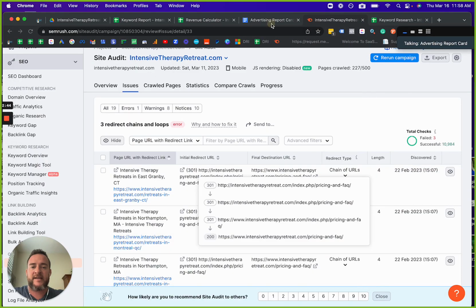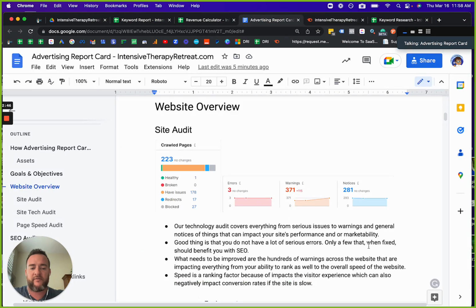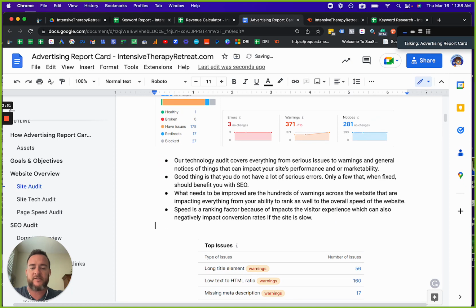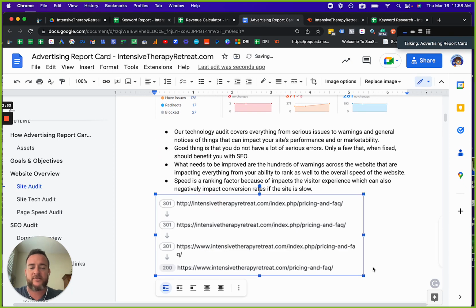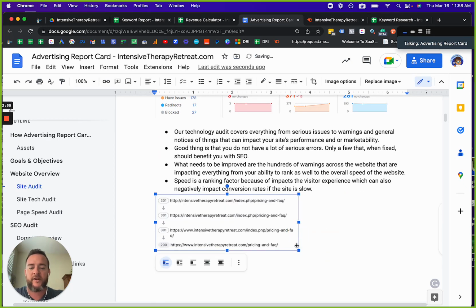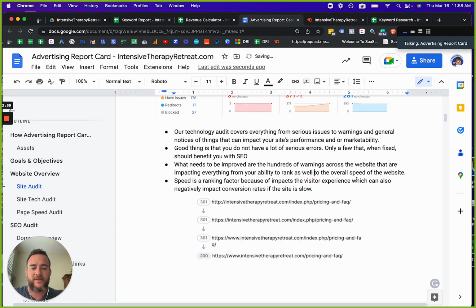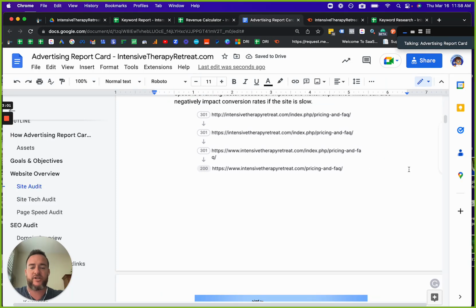But the idea is that as you go through and fix these issues, one thing you can do is just make some of these modifications on the site. Again, this is something that's going to help with SEO. This one in itself isn't going to be a thing that's going to hold you back significantly. It's more or less just polishing the individual areas so that each page is linking individually to each page that it should link to. Each page above directly to the end page versus creating a redirect chain.